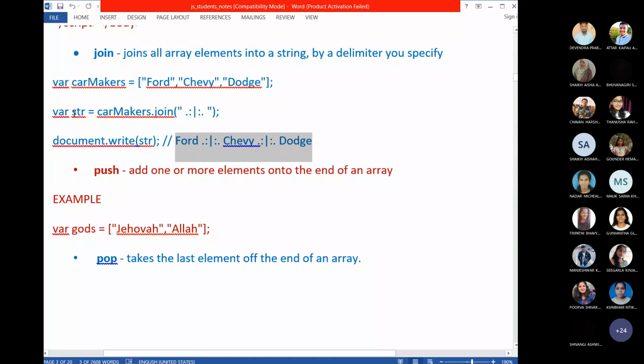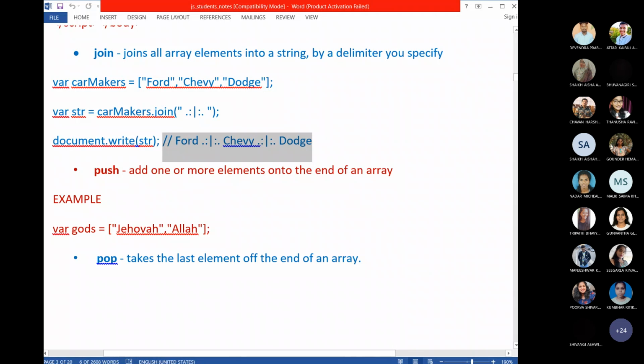So now you can say str stores what? Str stores this string. So the moment you store the string, str became which object? String object. So I am stressing again and again, the result of the join. The join is a method of the array object. I agree, join is a method of the array object. But it produces a string. The result of the join will create a string.